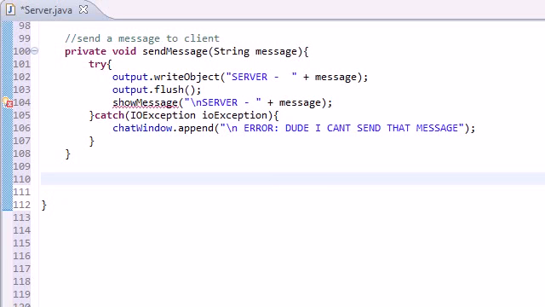Alright guys, welcome to your 46th tutorial, and in this lesson we're going to be working in the main chat window. The chat window where everything gets displayed, all your little prompts that say closing connections, waiting for a connection, and also when you're having the conversation, this is where all of your messages